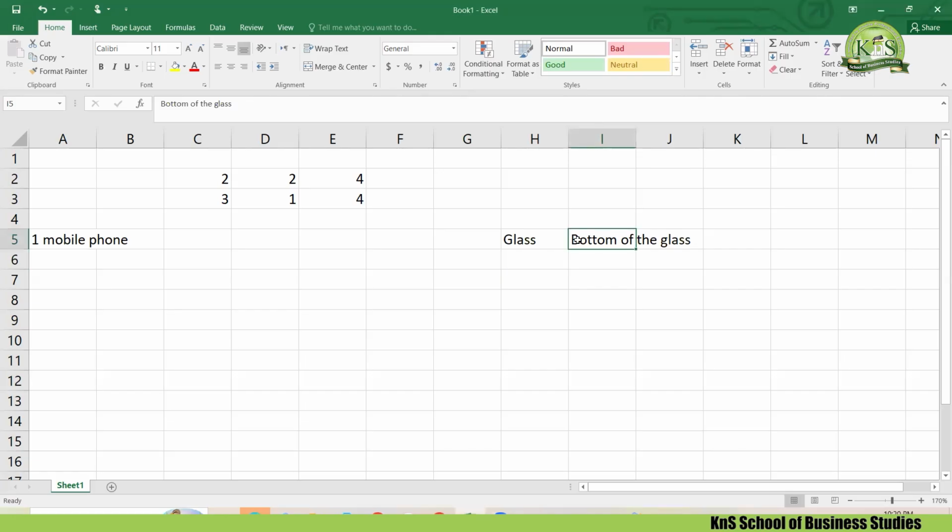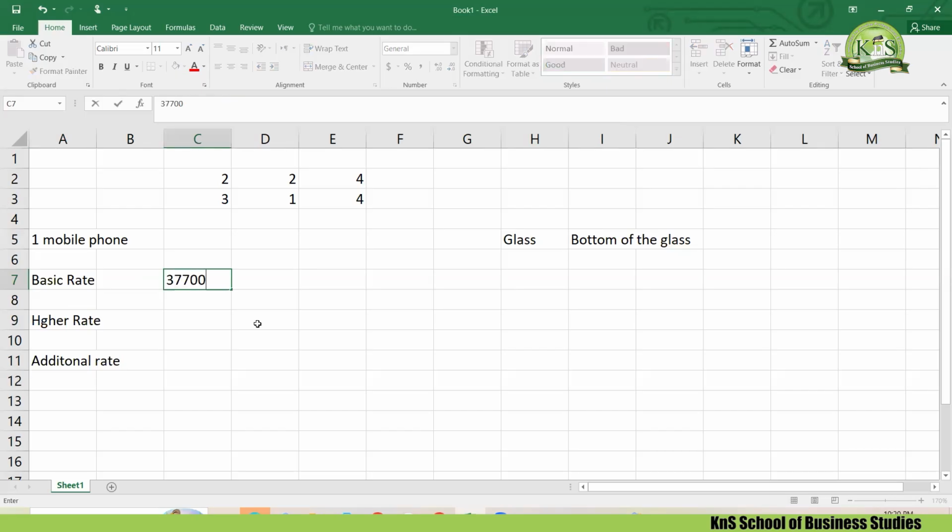Similarly, tax is also levied like this. First of all, the basic rate will be filled, then the higher rate will be filled, and then the additional rate will be filled. Now remember this, very simple. HMRC, or your tax syllabus, your tax rates and allowances, has given us that if your income is between 1 and 37,700, you will pay 20% tax. It means that you will pay 7,540.